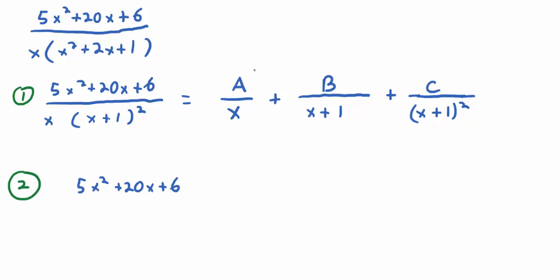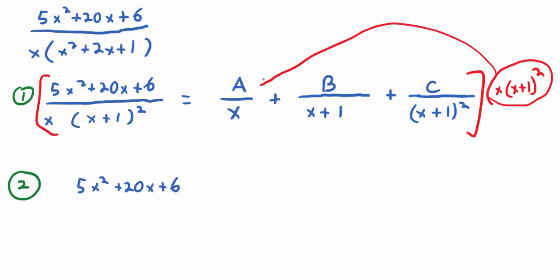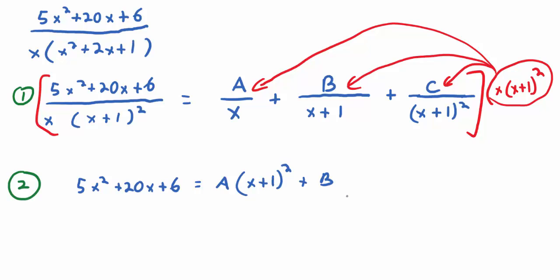What's left from the A over x when the x's disappear from the common denominator? So, if you need to see it, write it down. Okay, so I'm multiplying through by x times x plus 1 quantity squared. So think of the way it works algebraically is this guy gets distributed to each numerator over here. So what's going to be left when the smoke settles from the first term? A times x plus 1 quantity squared plus B times